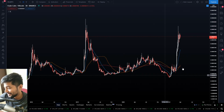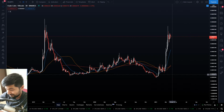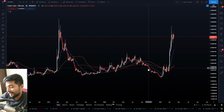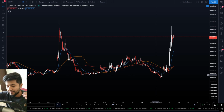I cannot really conclude with anything on this chart right here, as this one started shooting to the upside with, like, I mean, this is not even a good point of entry, or well, I guess most of the liquidity entered the Enjin markets with the USD pairs, right? With the USD pairs, that's why this had an impact on the BTC pair as well. So most likely what I would like to say for this one is that the Enjin against USD pair is the leading one, and the BTC and the Ethereum pair against the Enjin are the lagging one for this particular